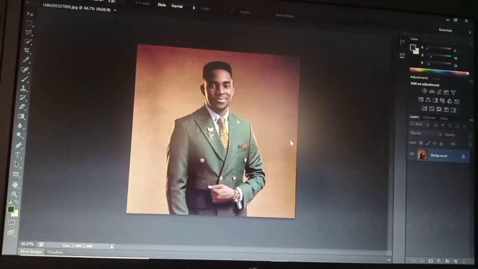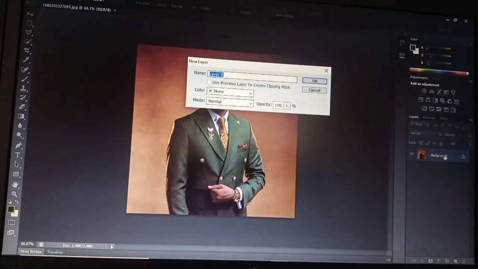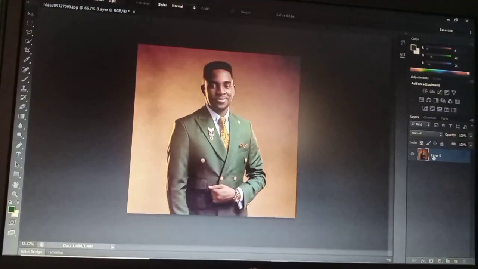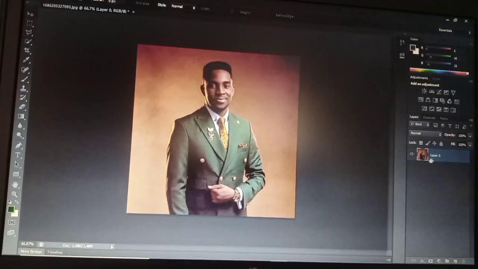So as you can see, I have imported this picture in my Photoshop. So the next step we are going to do now is to go to your background here now. We unlock. So I click new layer to get a new layer, because I'm not going to work on this locked background. So I click OK. So you can see the layer is now unlocked. So the next step now I'm going to take is to choose